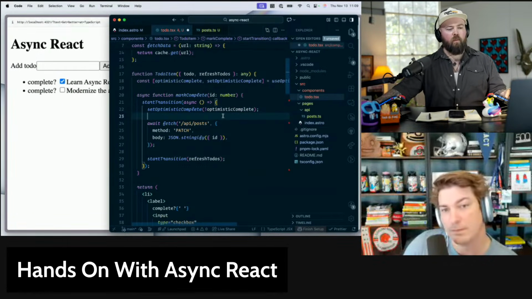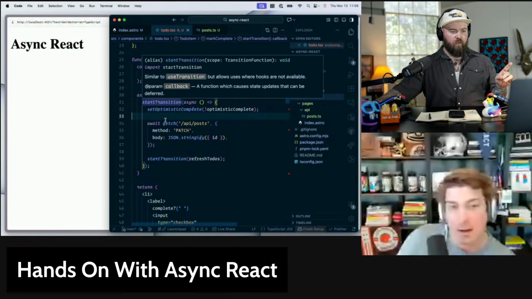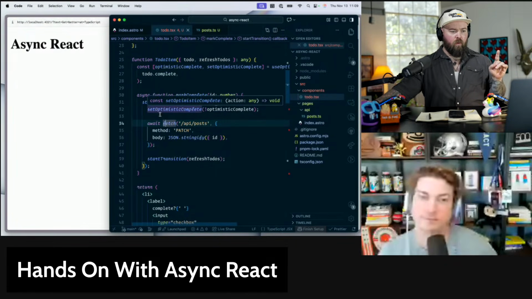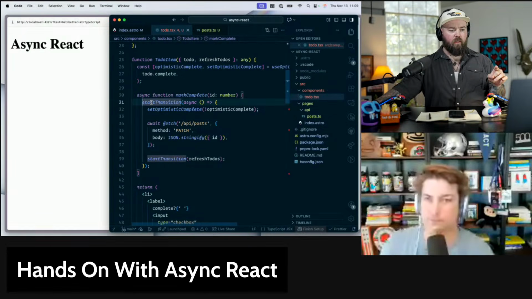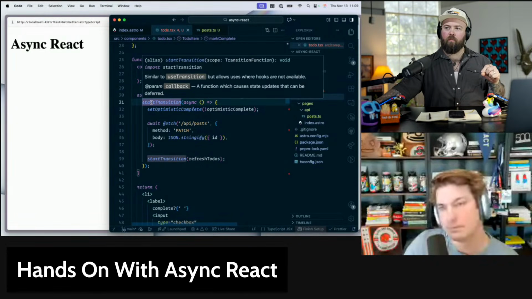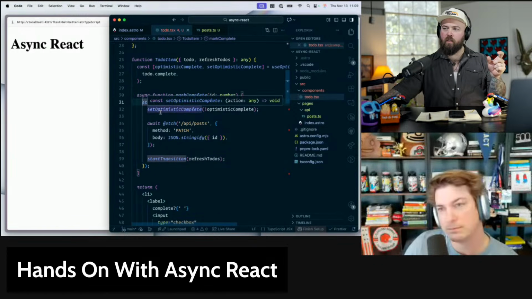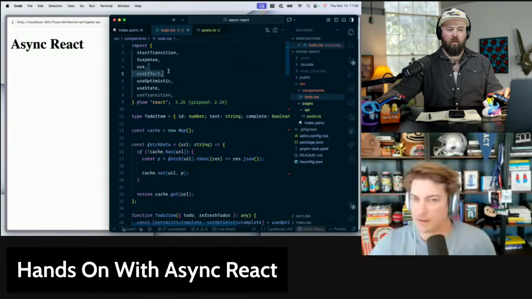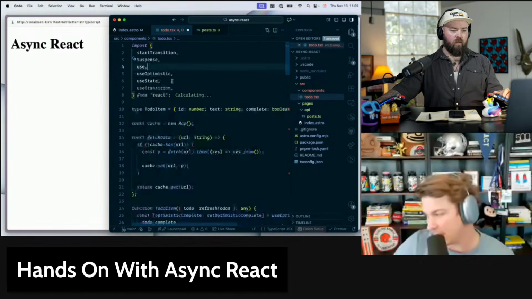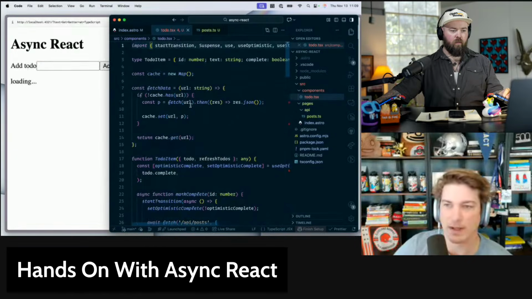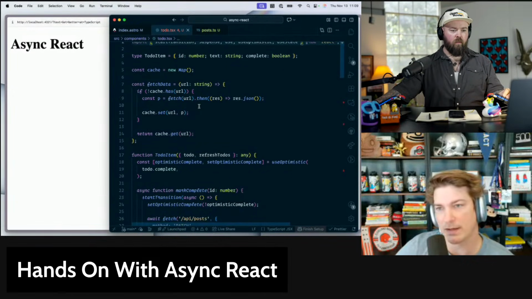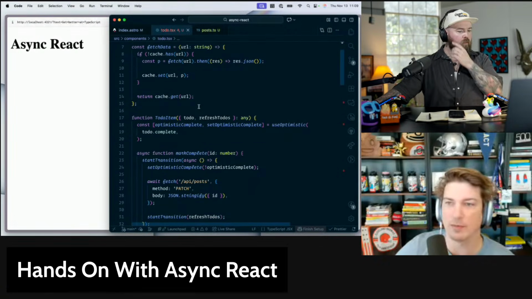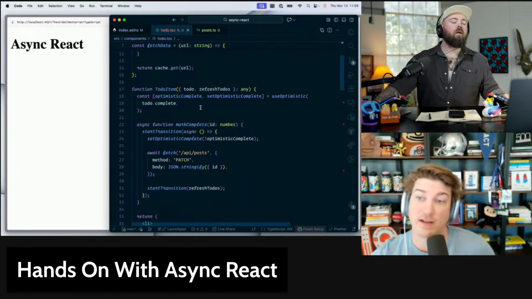Okay. So a quick question, because this is very interesting. Why would we not import startTransition from React and use transition instead? That was an interesting thing that just happened there. Yeah. So useTransition you can think about as a convenience layer for doing an isPending state. useTransition gives you the isPending, which is implemented as useOptimistic. But now that we're doing our own optimistic state, we don't need the isPending state.